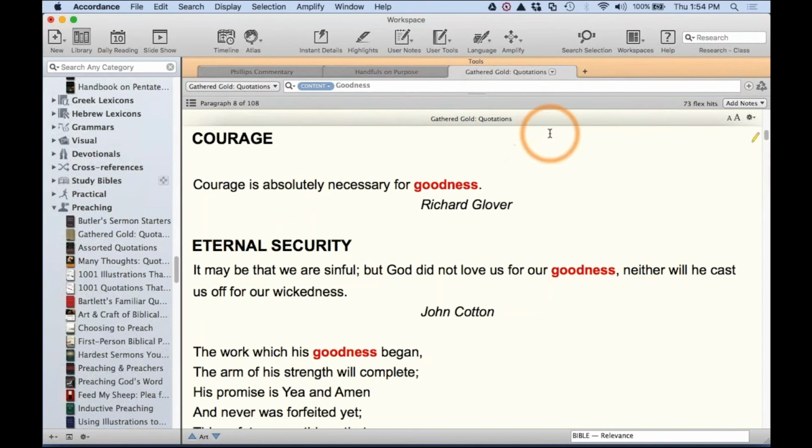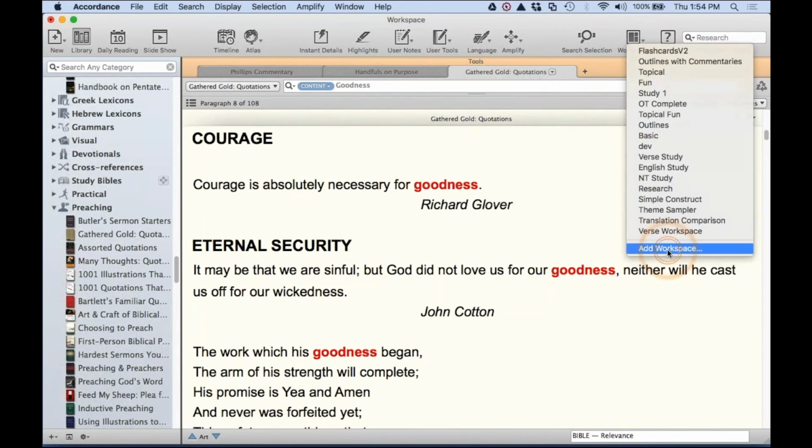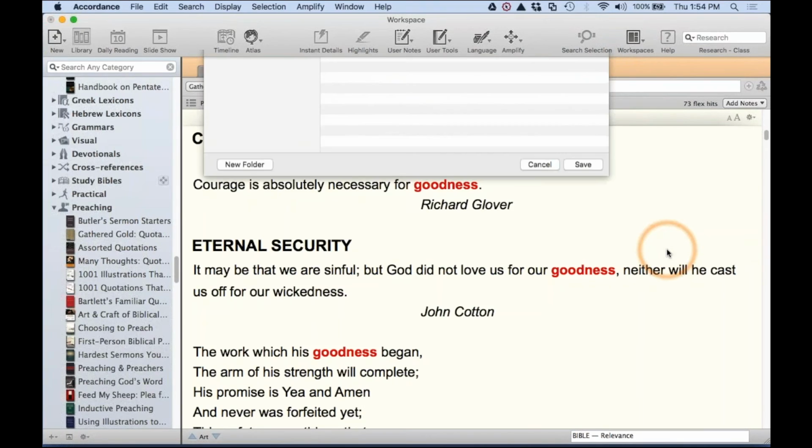And then at the end, if you like it the way it is, and you've got this workspace set up entirely with your displays right for the books that you have open, at any time, rather than having to set that up every time you're studying, if you have your favorite books open and they're already displaying correctly, don't forget you can always save that workspace by clicking on the workspace icon and then saying add the workspace, and then I can type in